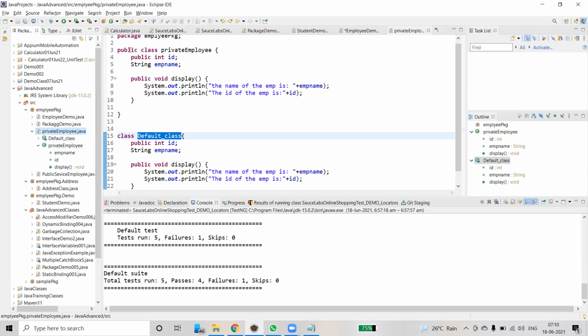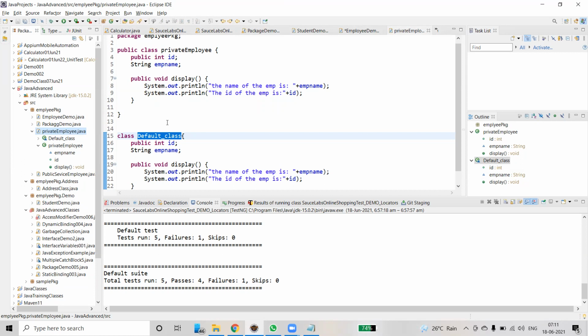We have added the access modifier keyword public, but we haven't added any access modifier before the default class. That is the reason this class is a default class. A default class is nothing but a class that doesn't have any access modifier. If we don't add any access modifier, this class can be leveraged inside the same package, and it would not be visible in a class of another package.